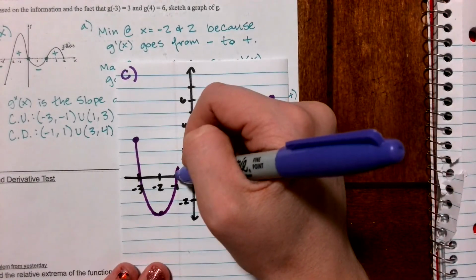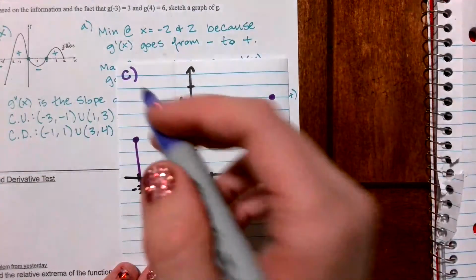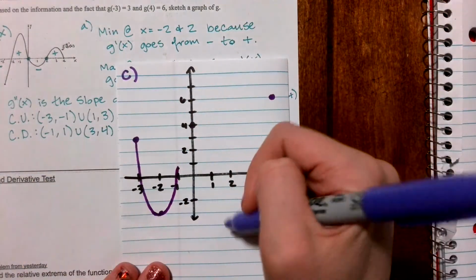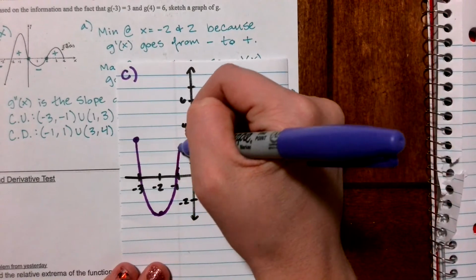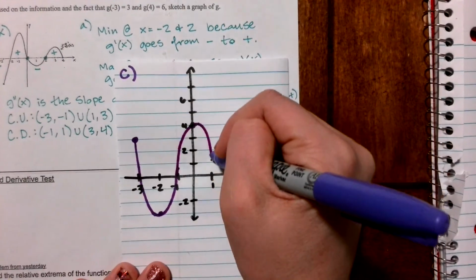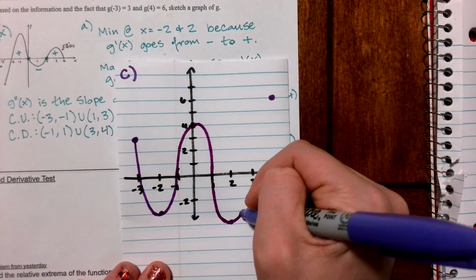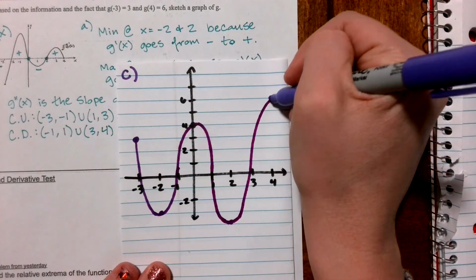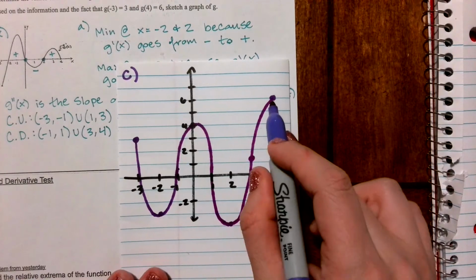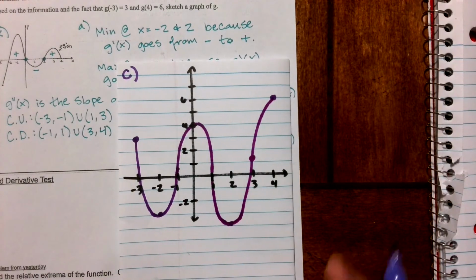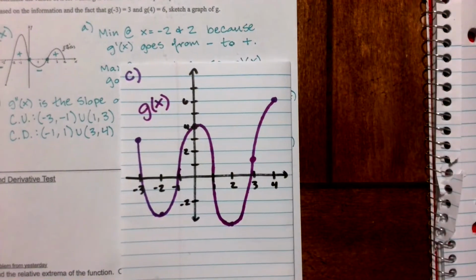It doesn't have to be anything crazy. I'm just going from, I was like this, and now it's going to be drawn like this. So now we've got concave down from -1 to 1, so all the way until somewhere over here. So that's where it changes. Now I'm concave up again until 3. So somewhere in my x value of 3, maybe it's right there, my concavity changes again, and now I am up at the top. So this is one version of g of x that has all of the things that